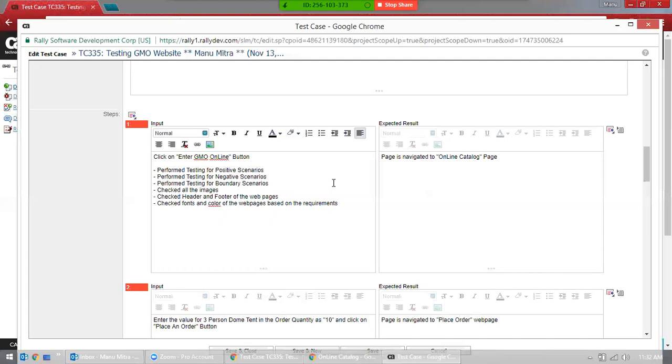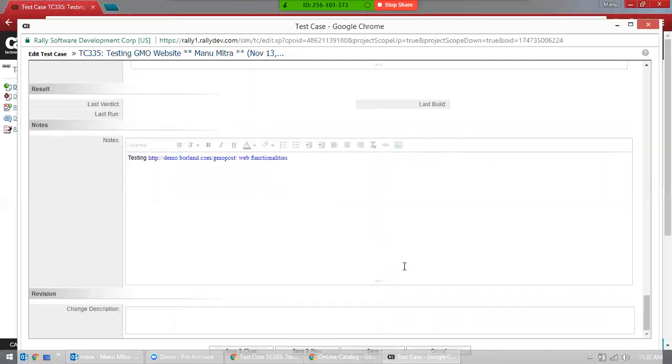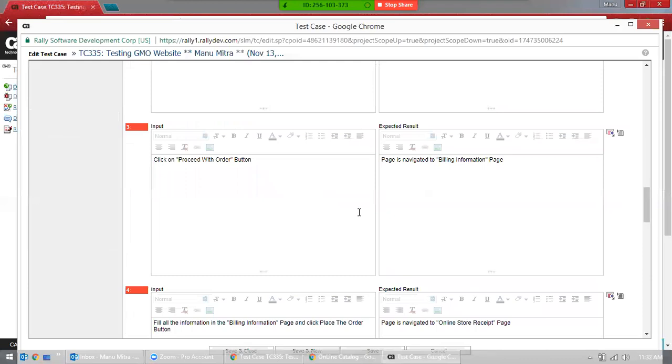You need to max steps. As per my experience goes, I would consider 20 steps. That's it. You don't want to go beyond that. If you're going beyond that, then you're reducing the efficiency, right? You are performing less work and spending more time just writing your test cases. That's really not good. So if there's any audit review or something like this, you want to write it like this so that they will know that you have performed this. Okay, and click on save and close.